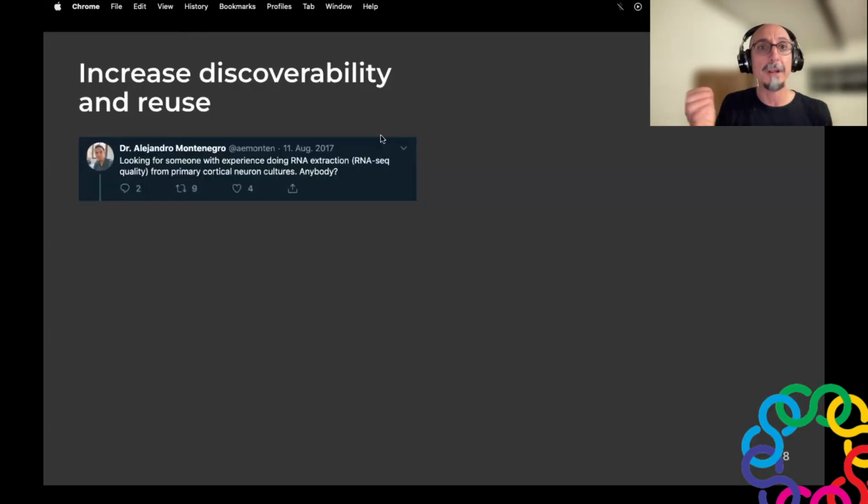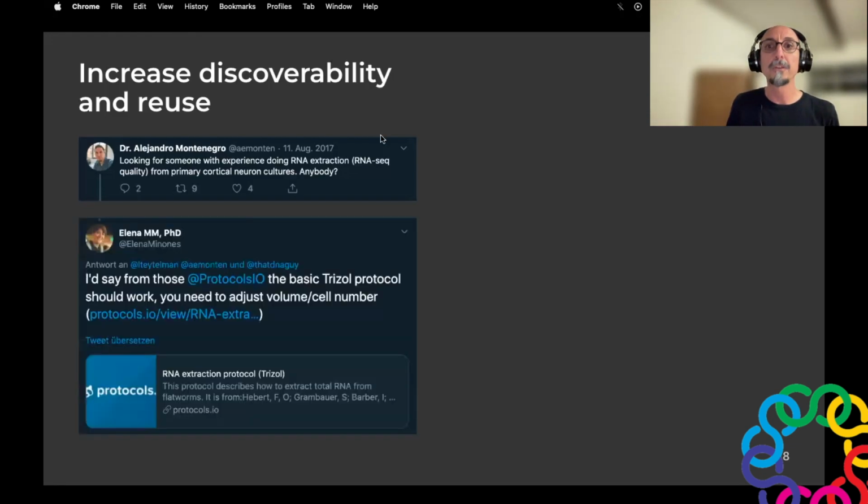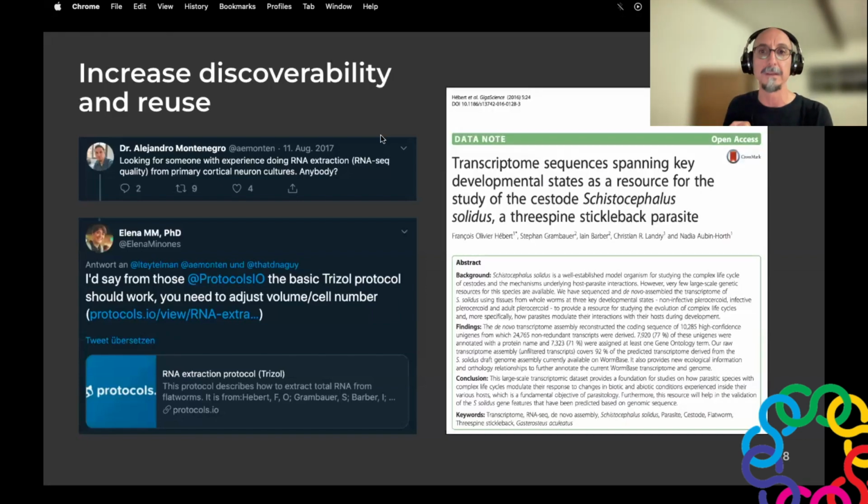So I'm going to use another example taken from Twitter. So you can see here a tweet from a researcher who was looking for a protocol for RNA extraction from primary cortical neurons in culture. Someone answered this tweet and recommended a protocol that is in protocols.io. But this protocol was actually part of a paper that was published in the journal GigaScience.